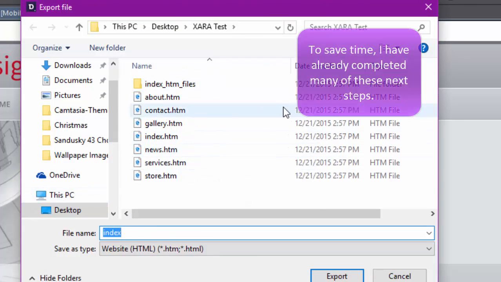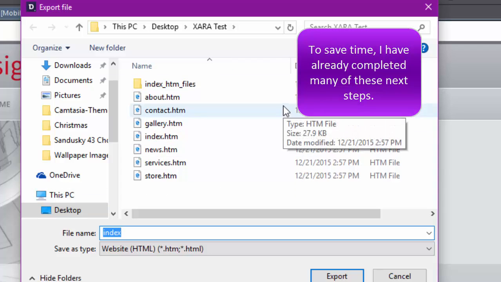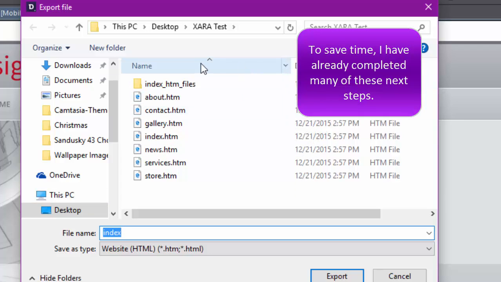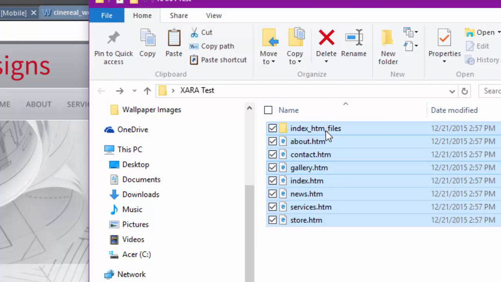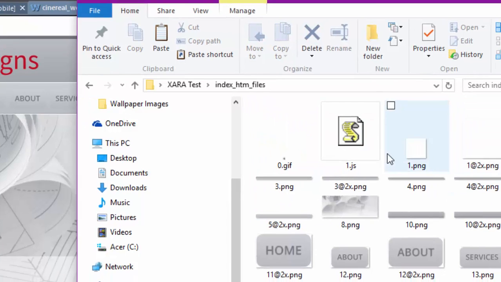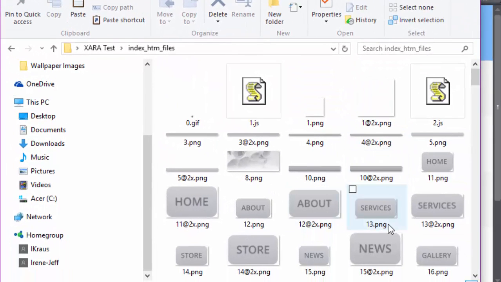And I have already done this for this example here into a folder on my desktop, which as you could see here, it put all of my index, my various HTML files, and if I flip over here to that folder, you could see it also put in there all of my scripts in images and so forth. So now that you have it there,